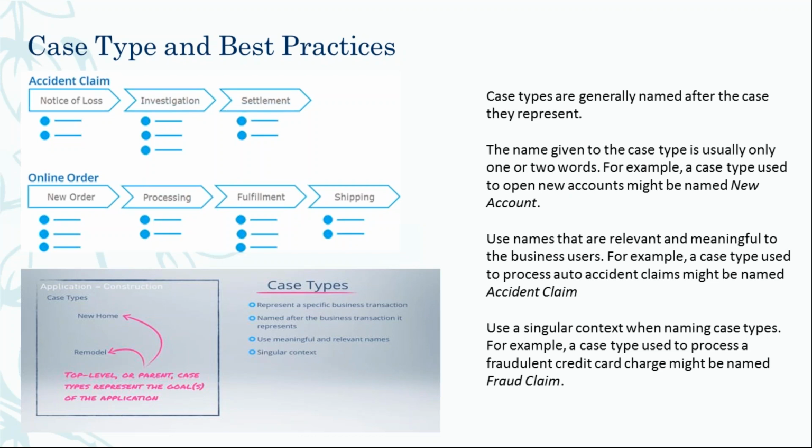Here, if you can see the example below which I've given, if you want to go for construction, say we are in a real estate business, and our work is the construction. In the construction we are going to create two types of case type: a new home or a remodeling of that. So two case types we can create under construction. In the same way, in claims also we have many different types of claims, and those can be included as different case types.